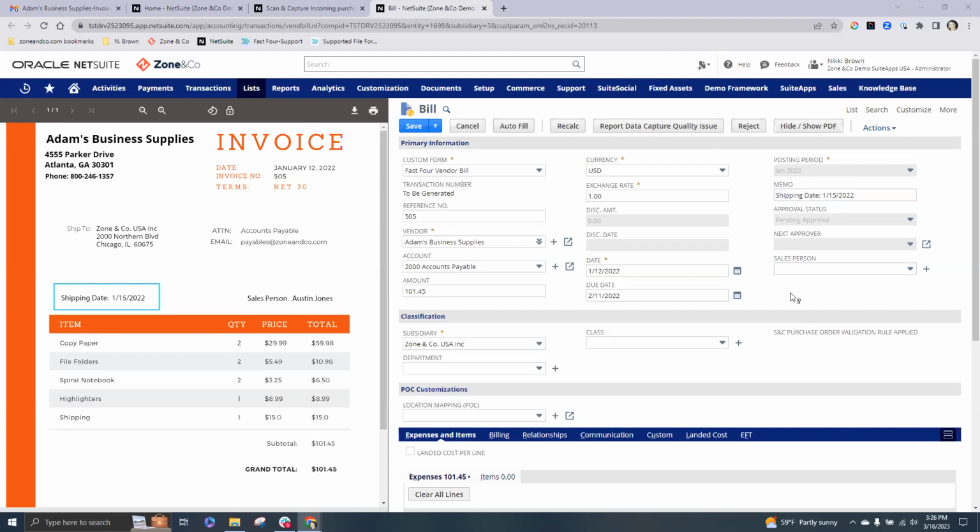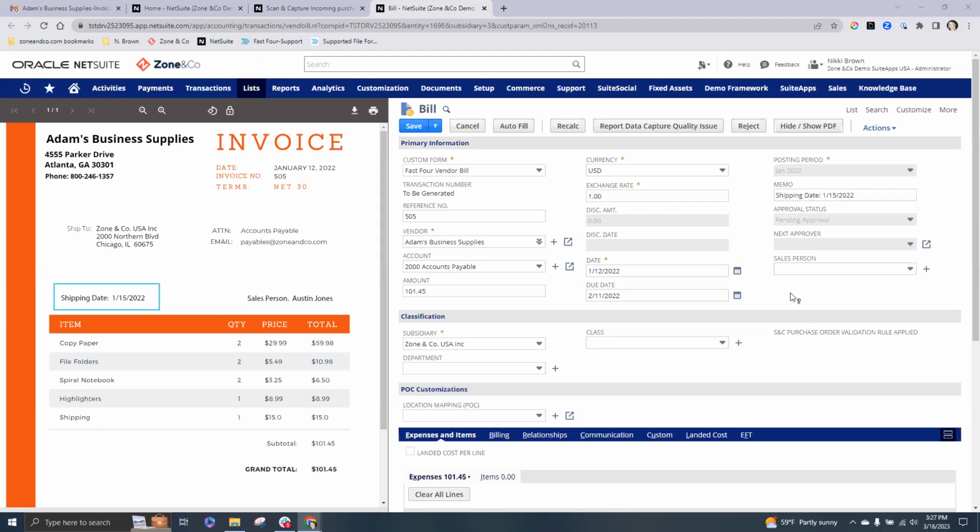It does work for other field types as well. If you have a drop down, for example, it'll work with those field types also. After you save the bill, it's then going to have some trained field mapping in place for that vendor. So it's going to remember the specific field location from the PDF where that clickable PDF was used, and it's going to pull the data from those same fields and populate the new information each time a bill comes in